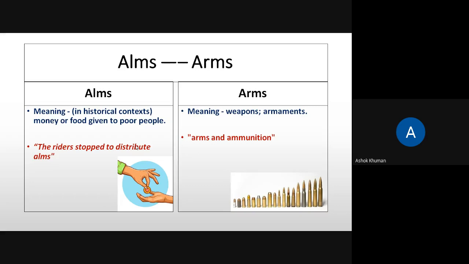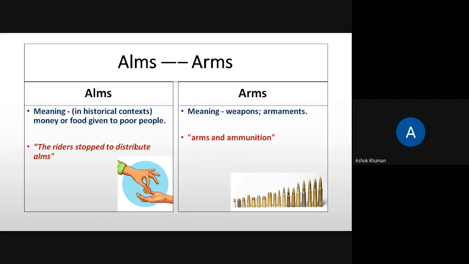Riders means જે vehicle ચલાવતા હોય એ રોડ ઉપર, એ પછી બાઇસિકલ હોય કે પછી સ્કૂટર હોય, vehicle two wheels હોય કે four wheels હોય, they stopped. Why? To distribute alms. એટલે કે ત્યાં ફૂટપાથ ઉપર લોકો, ગરીબ લોકો હશે તો એમને કંઈક ડિસ્ટ્રીબ્યુટ કરવા માટે alms. Alms includes either money or food or cloth or anything. Okay, so that is called alms. Poor people, needy people જેમને આપણે મદદ કરીએ, that is called alms.